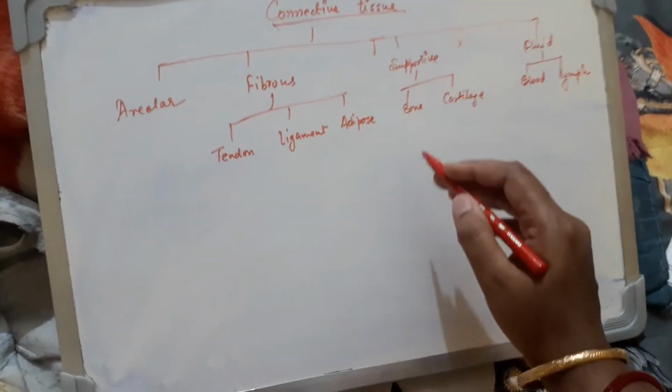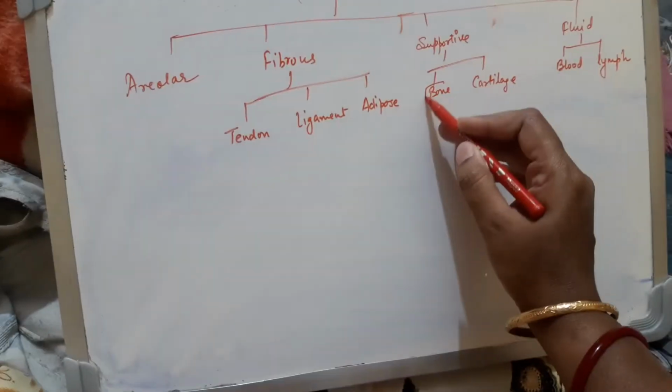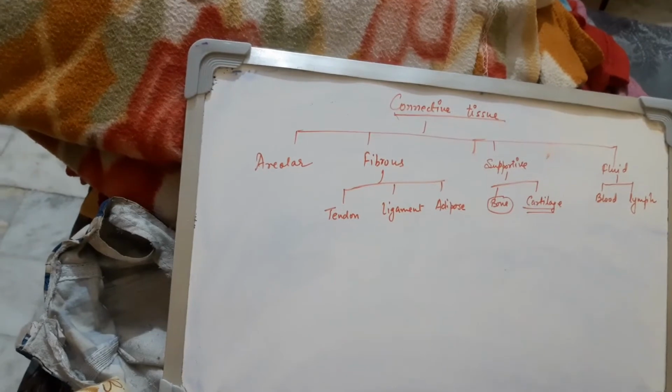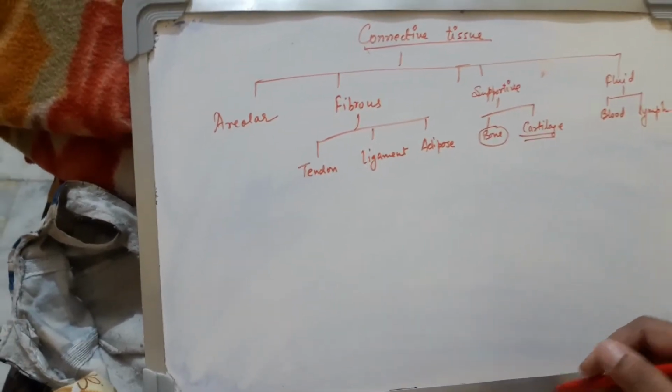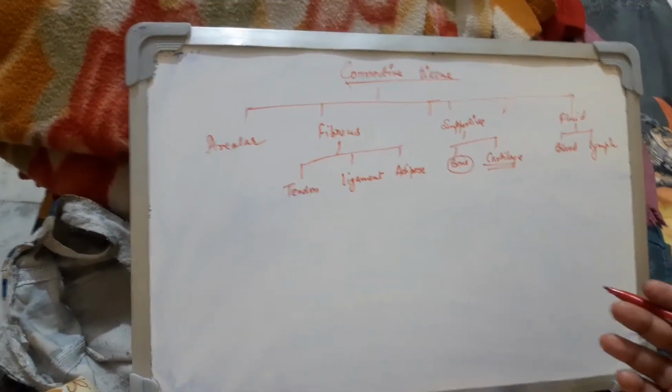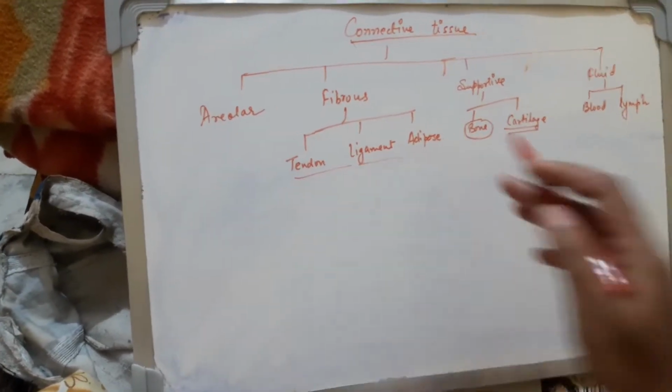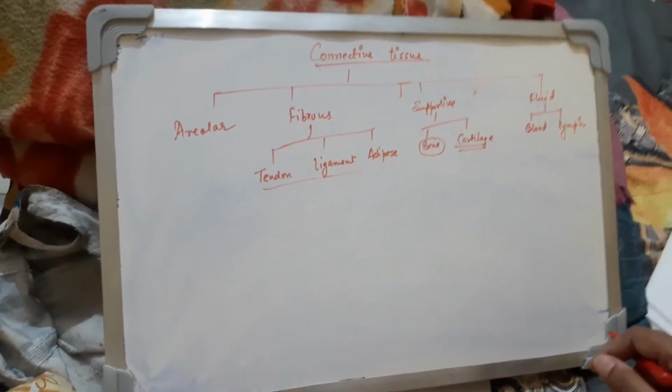One, you will see the entire body is made up of bone and cartilage. So this is one of the joining tissues. Other than this, a bone is joined to another bone with the help of ligament, and a bone is joined to muscle with the help of tendon. This also you have studied.